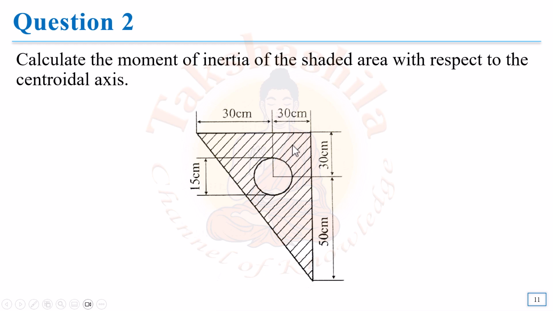Second one is, here we have two shapes. One is a triangle, another one is a hollow section. Normally what we will do, we will individually calculate the moment of inertia of the shapes about its own centroidal axis. Then we will transfer that to the required axis. When you transfer that, the contribution of moment of inertia from the hollow section should be considered as negative. So these two things should be taken care of. So let us try to work it out.